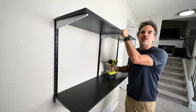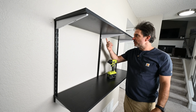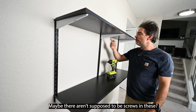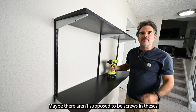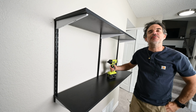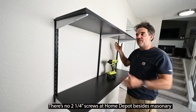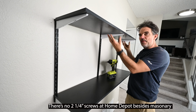Got my shelves up in the office now. It's a bummer that the screws that came with this kit are too long and go right up through the wood. I'm very disappointed about that. Next time I'm at Home Depot, I will pick up some 2 1/4 inch screws, which should be perfect to secure this back piece. And then the shelving will be able to lift up and